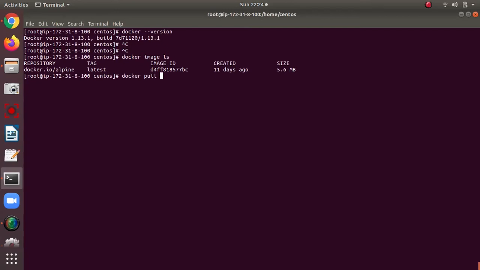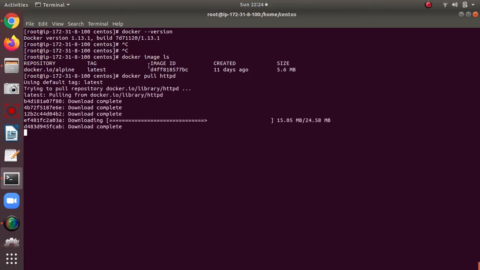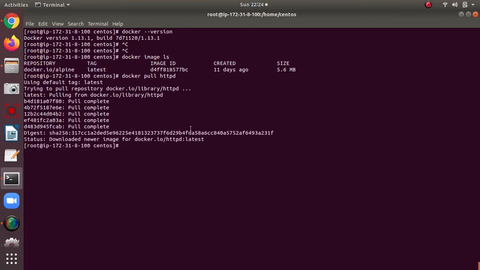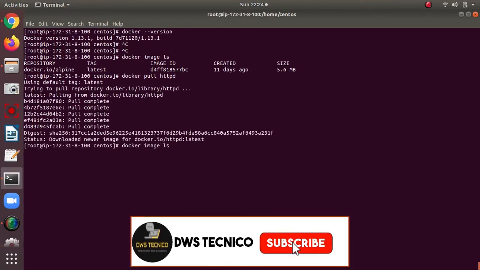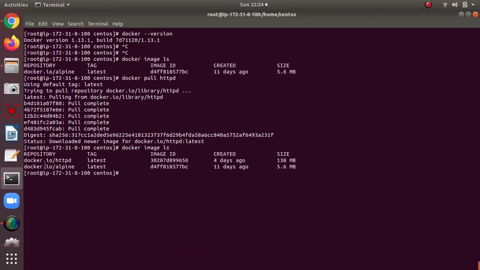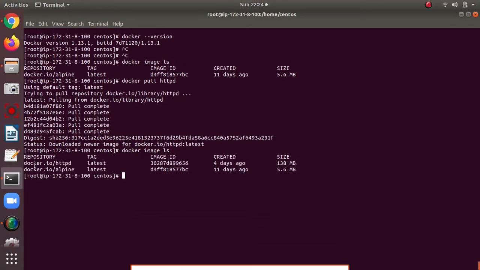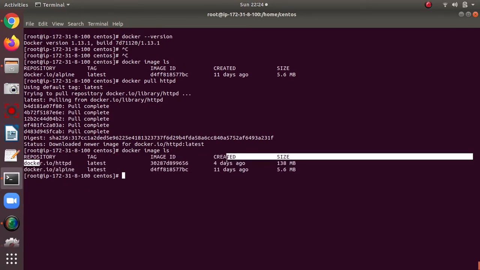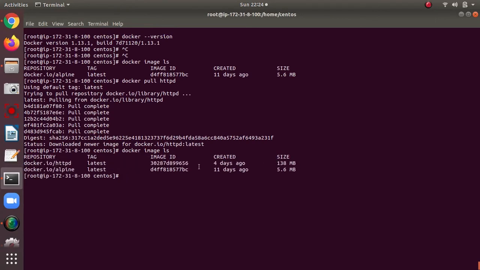The image name is not Apache, the image name is HTTPD. When you hit enter, it fetches the HTTPD image. When I check docker image ls, it gives you the HTTPD size, which is 138 MB, and the creation date, like 4 days ago or 11 days ago. It always changes because